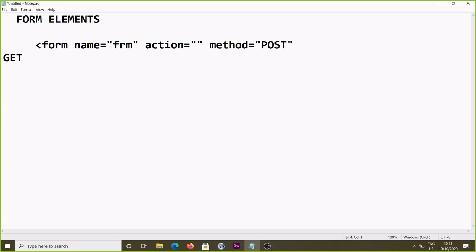Another thing, if somebody wants to use it again, they can bookmark all of your information whenever you are passing the information with the help of the get method. Another thing, whenever you are passing a value with the get method, that value will be stored in the local system also, under the cookies. I think you have heard about cookies, right?